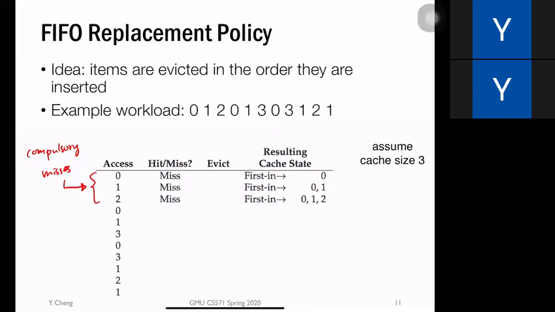Okay, if you take a look at the resulting cache state, we recall that this is FIFO, so we need to maintain a FIFO queue, first in, first out. And the leftmost part is the head of the queue, which points to the very first, the oldest item inserted into the cache. In this case, it is 0. So this is the first in direction. And the next access is